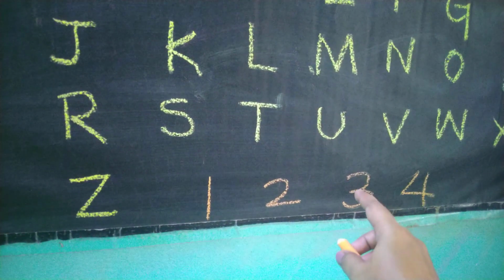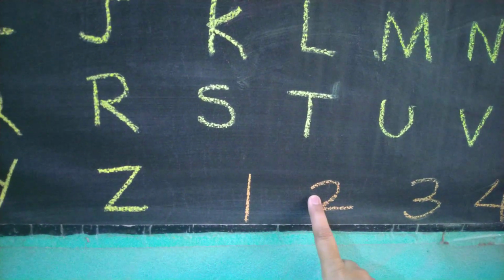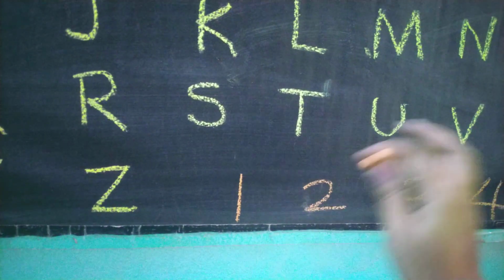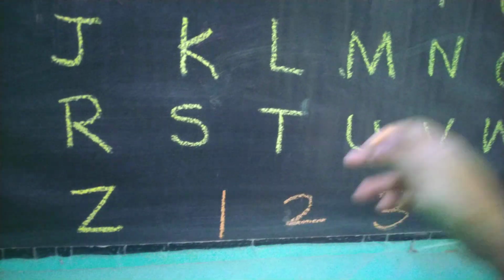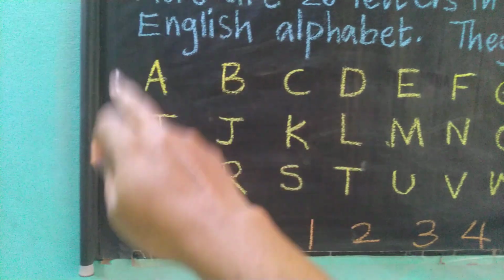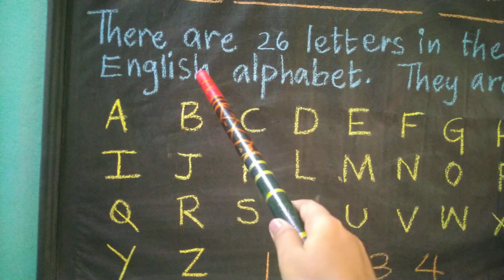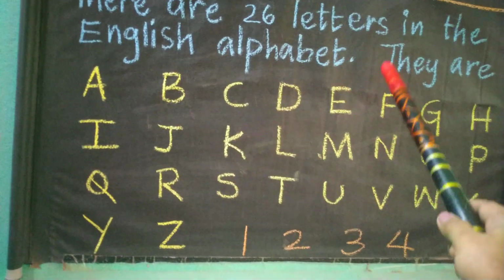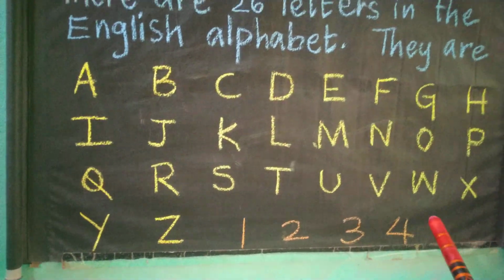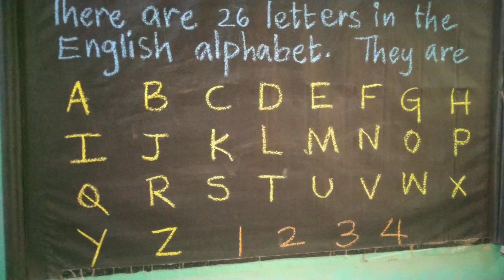For example, if I ask you what will come before 3, you say 2 will come. What will come after 2? 3 will come. So mostly you people learn ascending and descending order. Which number will come first? After that, which number is going to come? In the same way here, after A exactly we write B, and after B exactly we write C, D, E, F, G, H, I in this sequence. This is called the exact order of the 26 letters in the English alphabet.